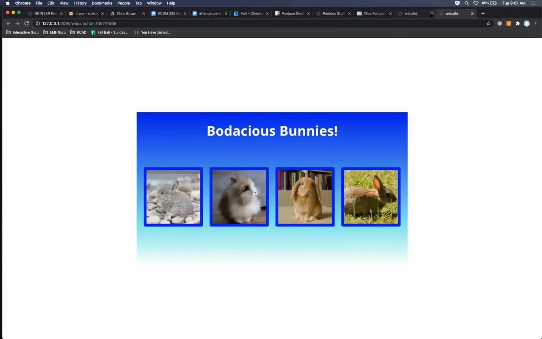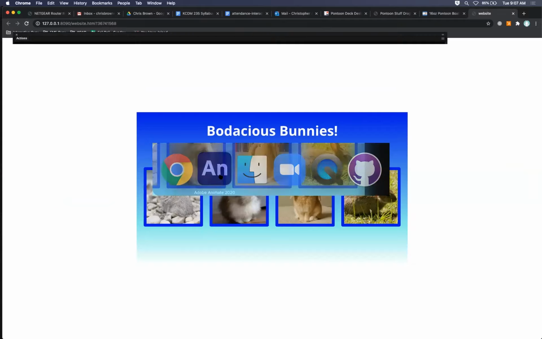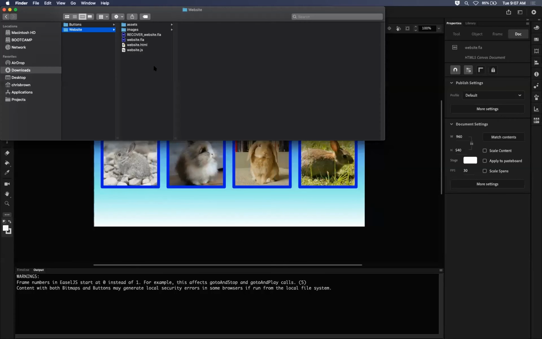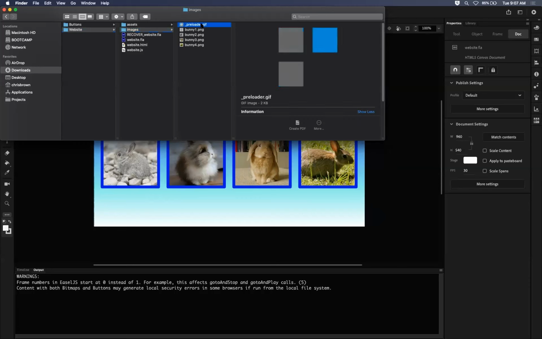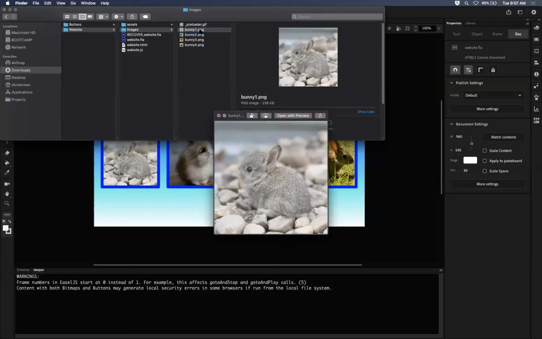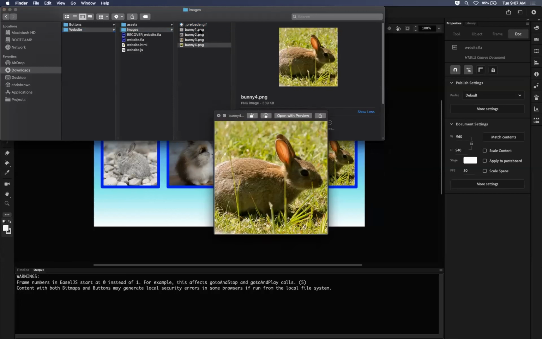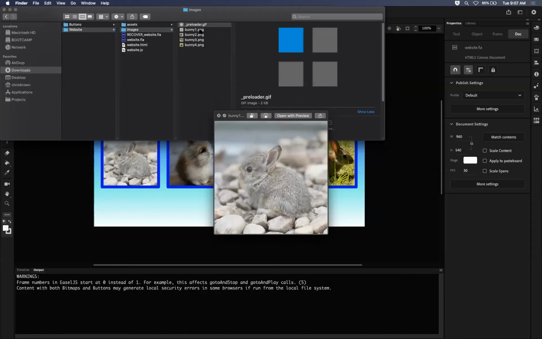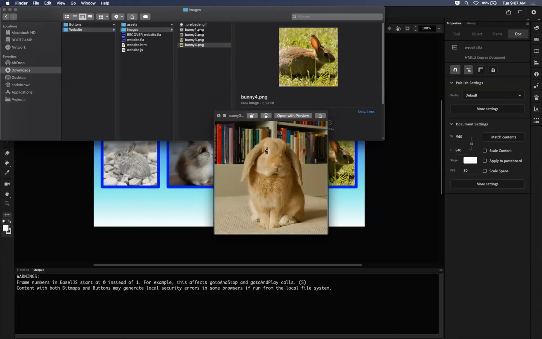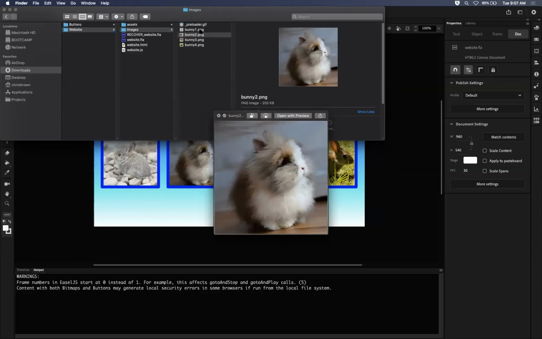All right, so now if I go back and peek at my Finder and look at my images folder, now instead of having that one atlas file, it still has the preloader GIF that I added in there. And now, though, it has my 4 separate bunny images that were named and all scaled appropriately, and I pulled out of the Photoshop file. So see, it just created these separate images now in the images folder for it to pull in and use